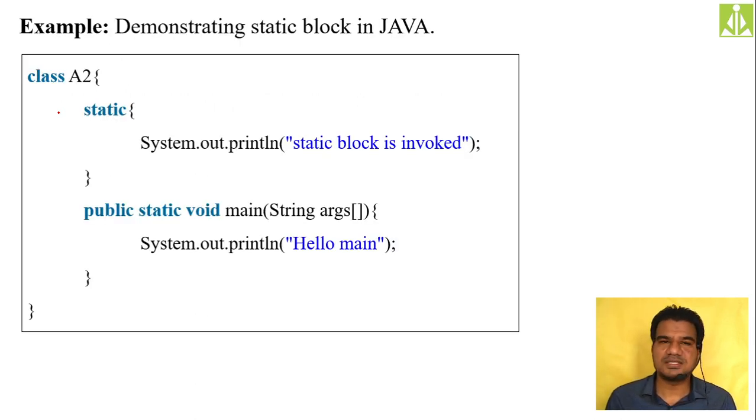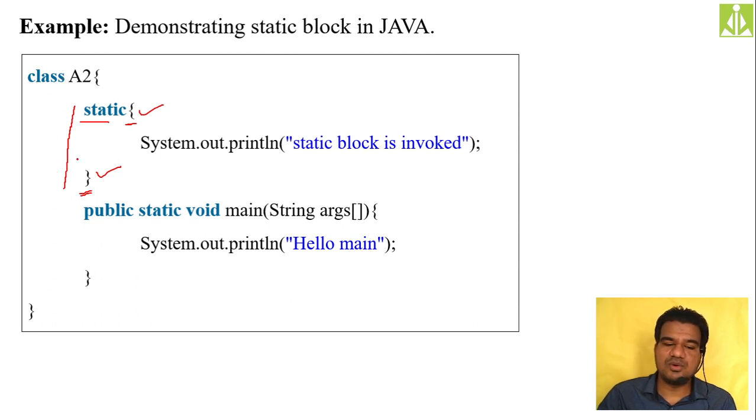So over here I have taken a class with name A2, and inside that, as you can see, between these two curly brackets, whatever statements I am keeping, all those things come under a block only, isn't it? It is an anonymous block, we can say. We have not given any name, we are not using any programming construct, any method name, any class name over here. Inside this anonymous block I am keeping one simple SOP statement, and I am making this particular block static by using the keyword static. So now this is my static block.